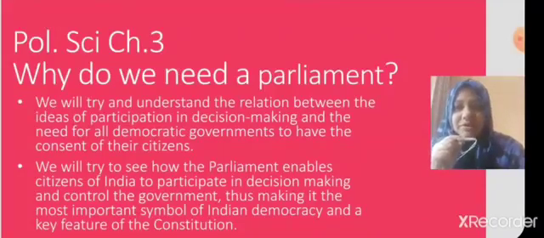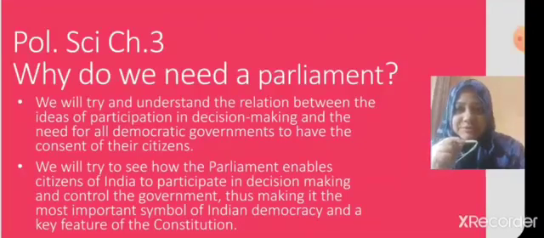In this chapter, we will try and understand the relation between ideas of participation in decision making and the need for all democratic governments to have the consent of their citizens. What are we going to understand in this particular chapter? We are going to understand how people participate in decision making and how our government has become a